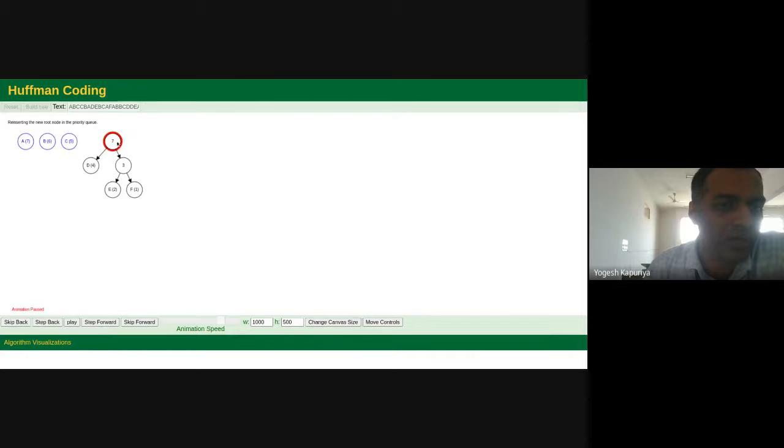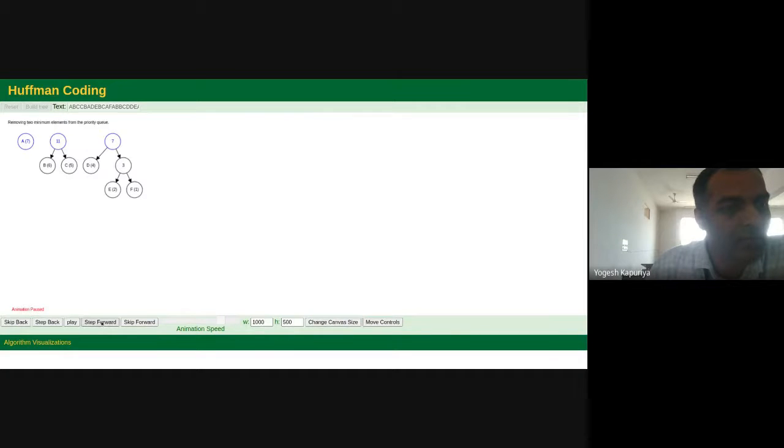So now you have this scenario: 7, 5, 6, and 7 again. Now, which are the two minimum? It will be C and B, right? So again, that will create a new intermediary node. Again, C comes on the left, B goes to the right. Then you have 3 nodes now, 7, 11, and 7.